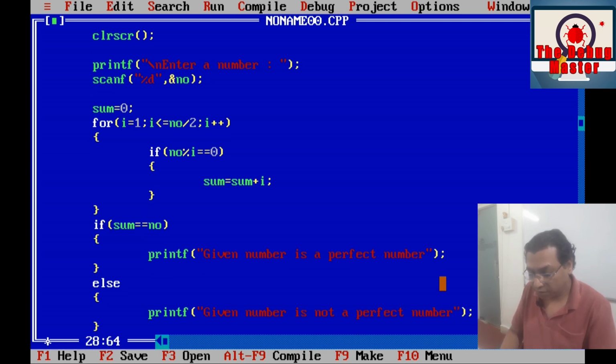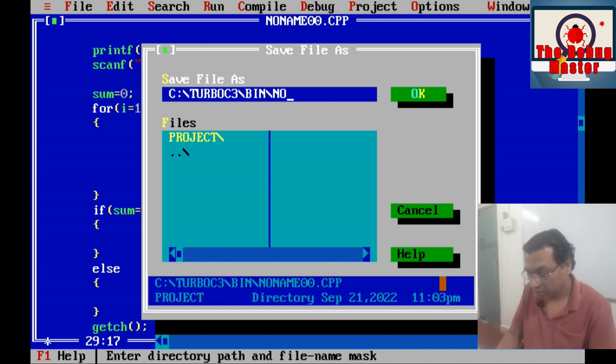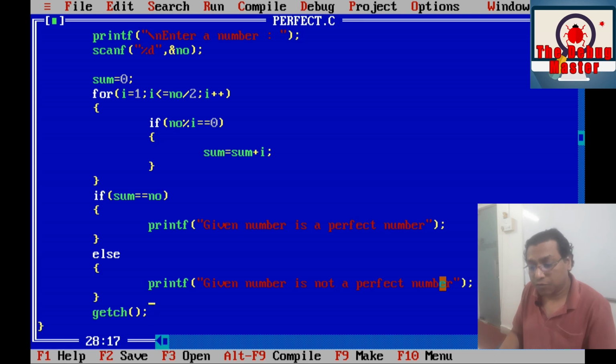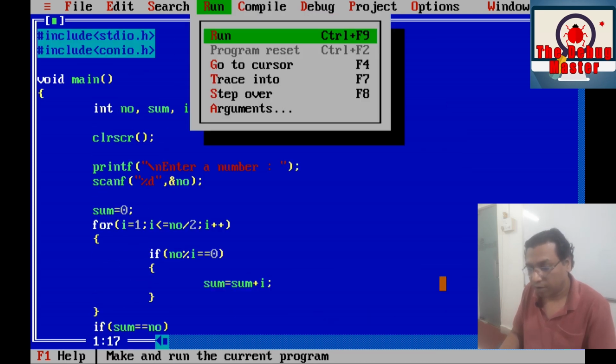That's all. Here we shall write getch. Save this program, and we shall save it like this, perfect.c.